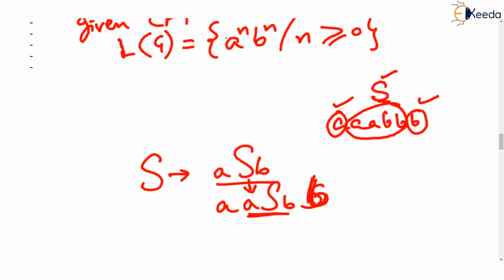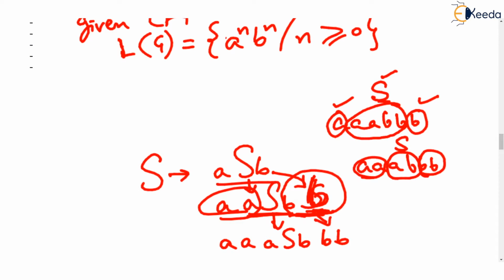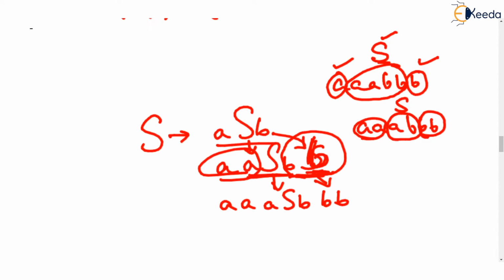This is A S B, and this B was already there. Now in triple A triple B, we have derived two A's and two B's. Isn't it so? You notice these two A's and two B's are derived, but somehow this AB should be derived, and this should be derived from S that we are having over here. So S can again be replaced with ASB given in the grammar, and the two B's over here are still there. Now we have got three A's and three B's.